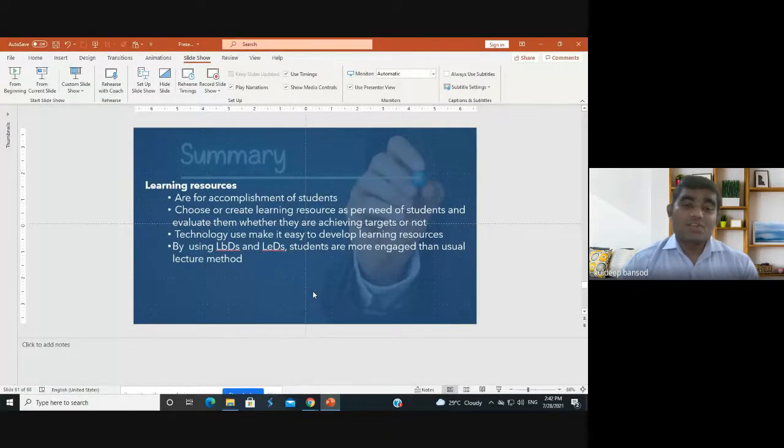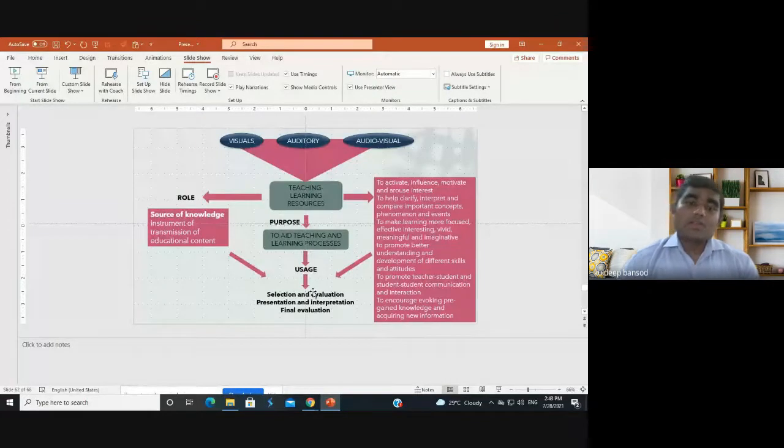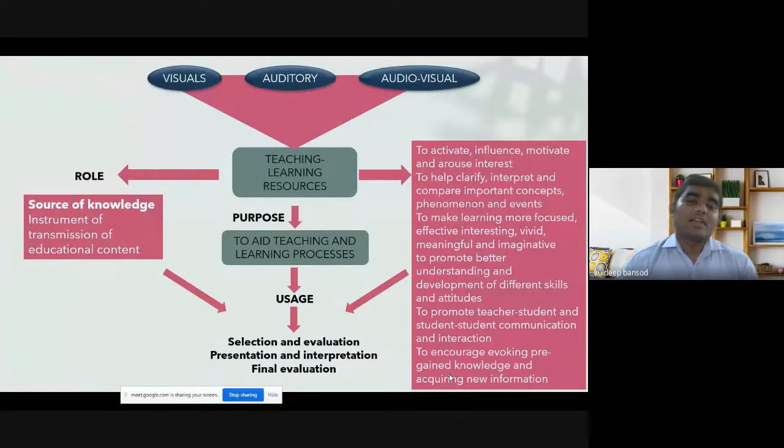Technology makes it easy to develop learning resources by having LBDs, learning by doing, and learning dialogues. Students are more engaged than in the usual lecture method. So here is a summary: teaching learning resources are of different types.